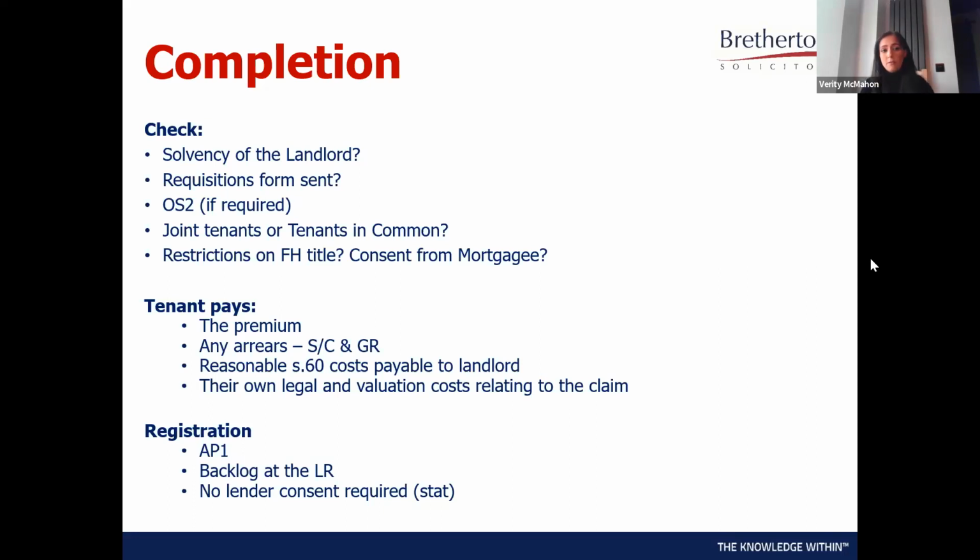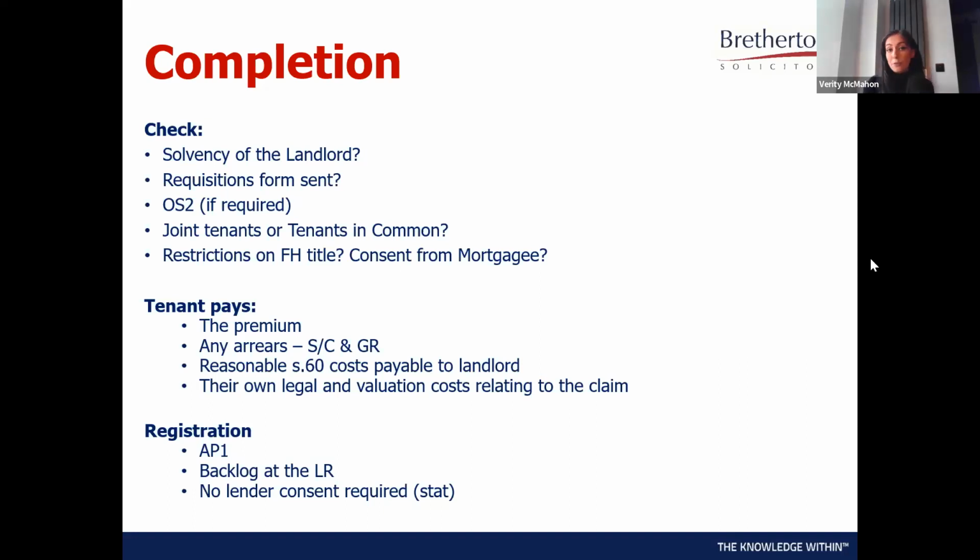Any requisitions that you've got with the landlord, such as if there's any restrictions on the freehold title, if they've got a mortgage held on the freehold title, the consent from them. An OS2, I've put if required, because you lodge a unilateral notice which actually protects your client's claim. But if you want to do a priority search and check that nothing's changed on the freehold title,